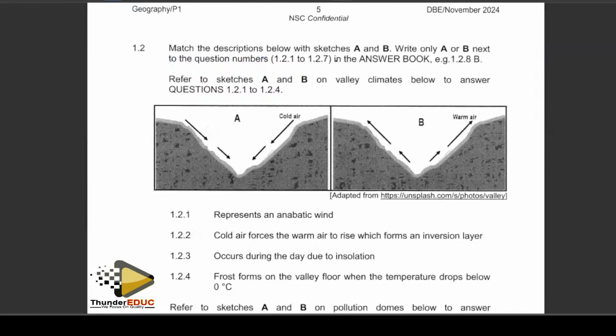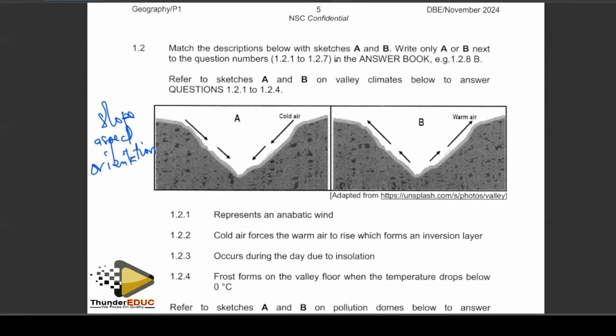What is slope aspect? When we're talking of slope aspect, we are looking at the orientation of a slope. Where is the slope facing? We know that in the southern hemisphere, north-facing slopes are the ones that receive insolation during the winter season because